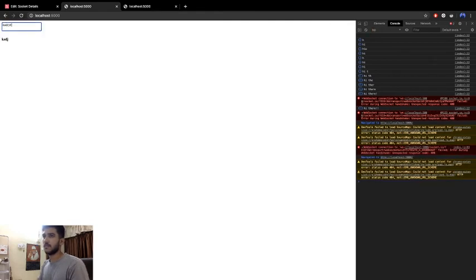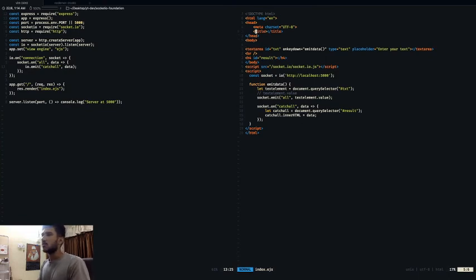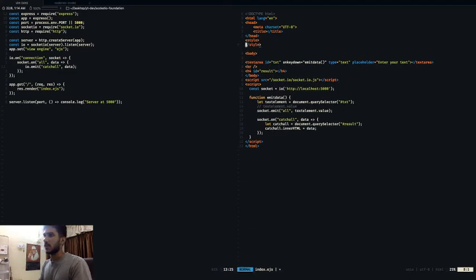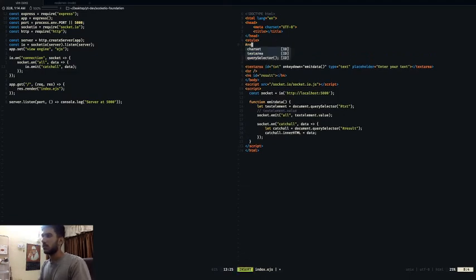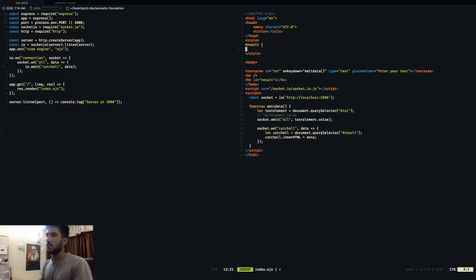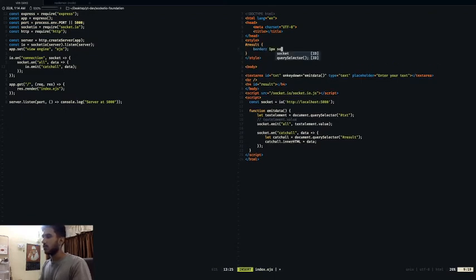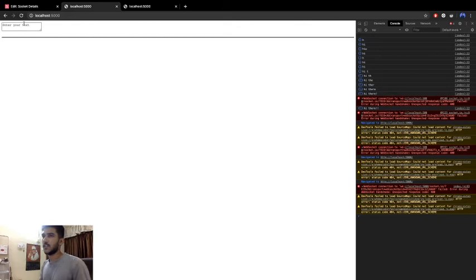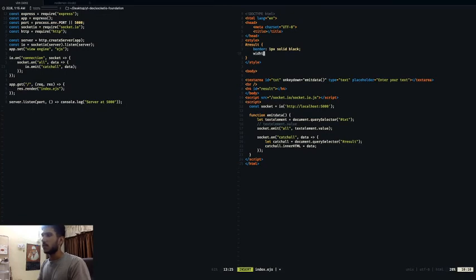Okay, it's coming in. So I removed that and it's working still. I also want some styling for this, so I would say style tag, and inside result I just want to have some border. So the border would be 1 pixel solid black. Right now it's just a straight line because there's nothing there, but as you type, it just comes in. And I want its max width to be 50%.